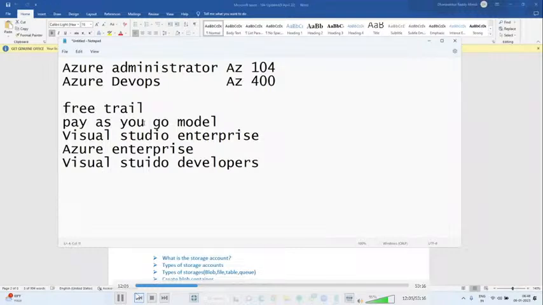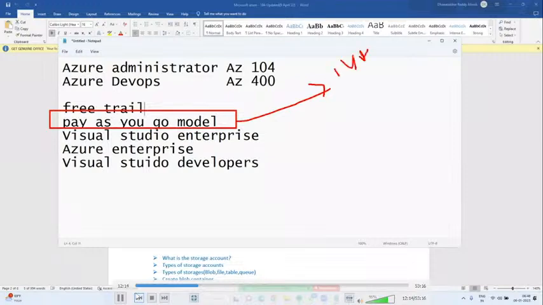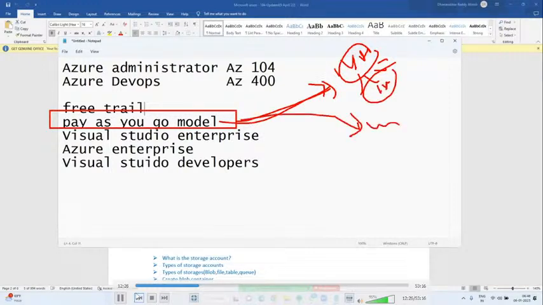What are the advantages? For example, we are all working in one account. One project may require only 1 year. After 1 year, they are going to destroy it, so they will take the pay-as-you-go model. Whatever services they deploy, they can consume for 1 year. After that, they will delete this subscription. The moment they delete it, whatever services we have deployed under this subscription, everything will get deleted.